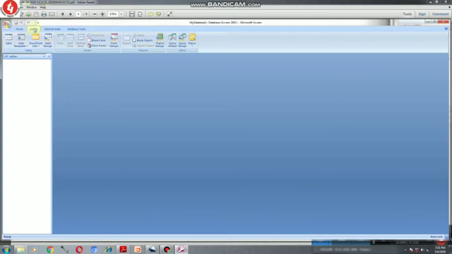So I am clicking on the create and then I am clicking on the table templates. Now once you click on the table templates, you will see there are 5 tables. So these all tables are already ready. It means you can click to use this table. The structure you will get once you click on these tables.